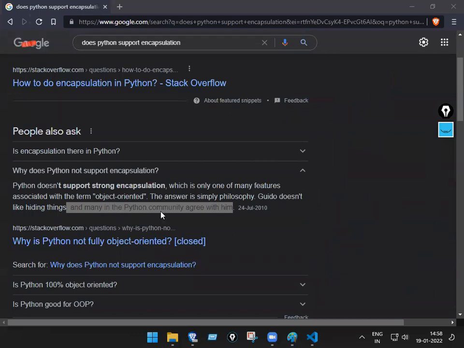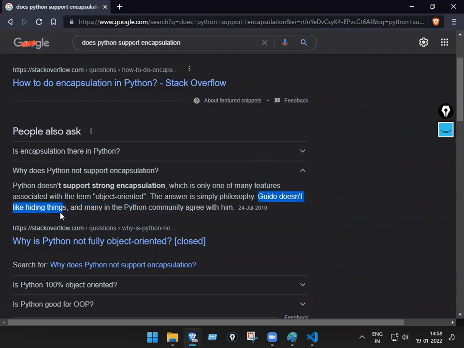Okay. So here same thing. Encapsulation also means hiding. But what does Guido van Rossum say? Does he like to hide, or want to keep it openly there? Keep it openly. So